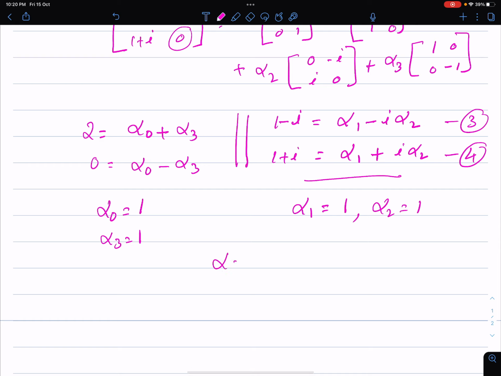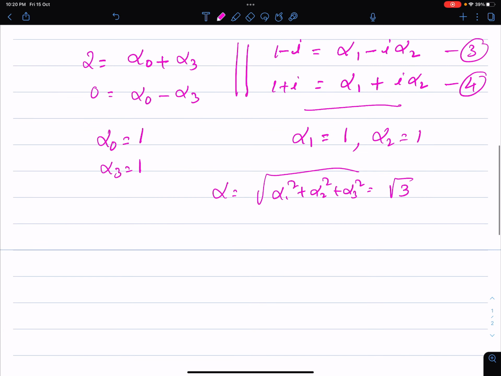So you get alpha, which is equal to the square root of alpha 1 square plus alpha 2 square plus alpha 3 square, which is equal to root 3. Now it is very easy to write our e power M, right? e power M is equal to e power alpha 0, and alpha 0 is 1, so e power 1, that is e, into identity cos